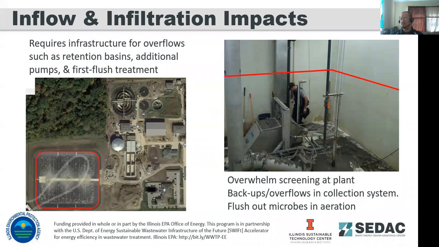Now we're going to get into the big ticket item, inflow and infiltration impacts. I know every agency is well aware of inflow and infiltration coming into their plant and the impact that can have on their processes. Increased flow rates of clear water coming into the process can flush out microbes and disrupt your treatment process. There's the increased energy from pumping. A lot of plants have storm overflow processes separate from their treatment process, so you've got separate holding facilities that have to be started up. And so there's a lot of different varying ways to handle I&I flows, but they all have increased energy impacts